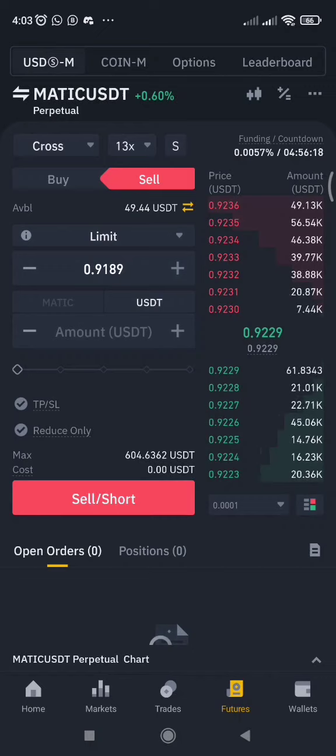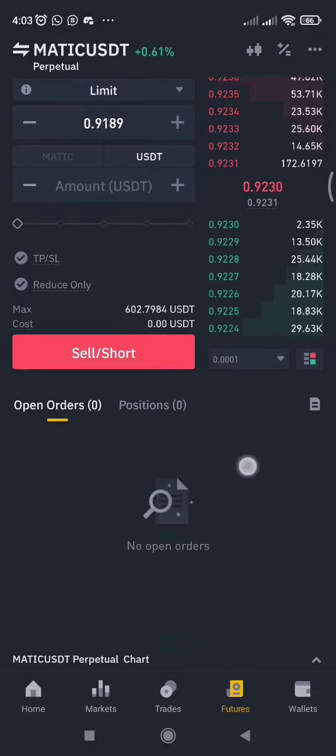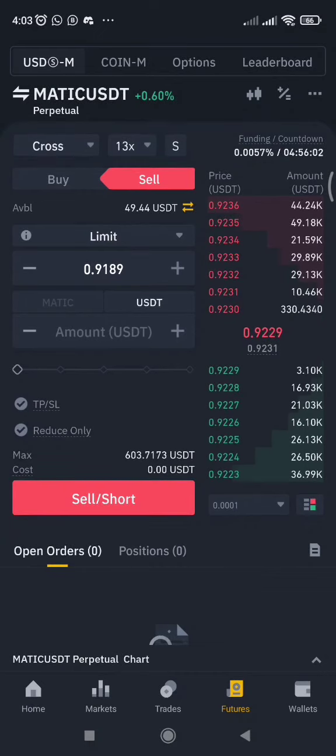So when you hear long, you mean buy, and when you hear short, you mean sell. These are trading positions. They are trade positions in futures. In futures, we call them positions. You open a buy or you open a sell position. All right. So now that you have your funds in your futures wallet, let's take an example and see how to